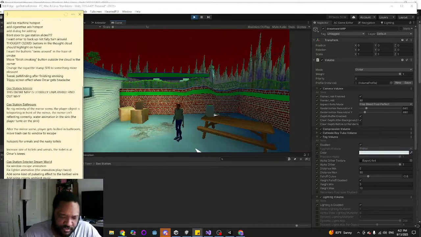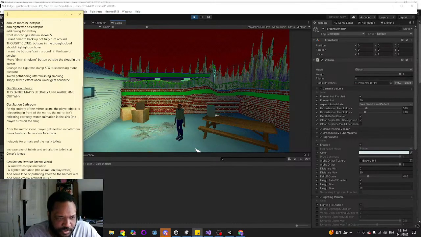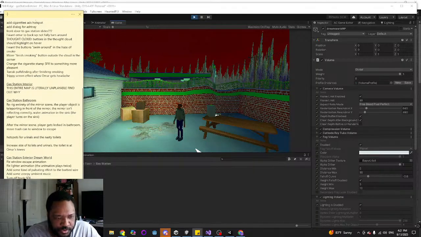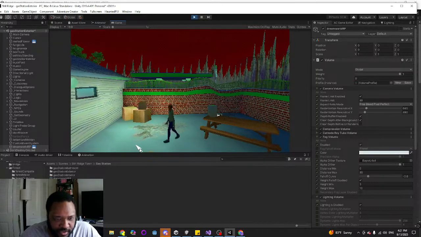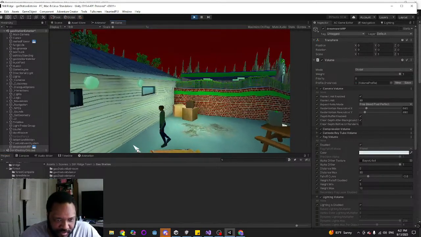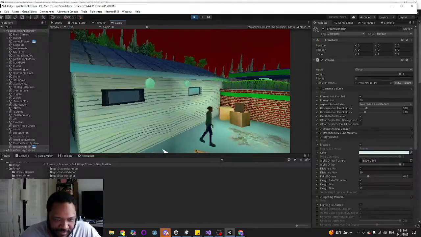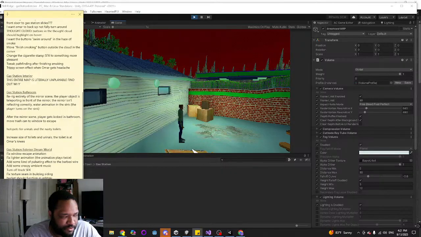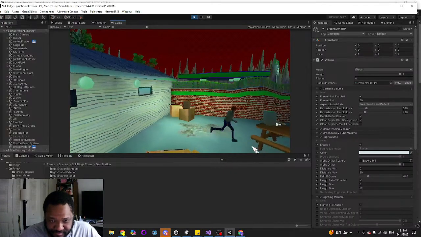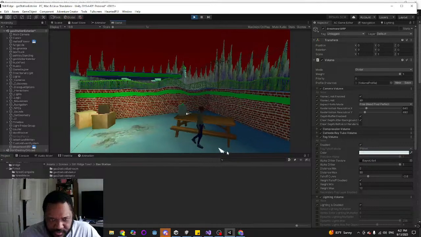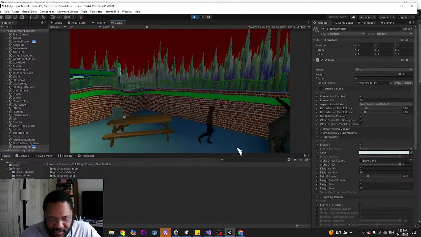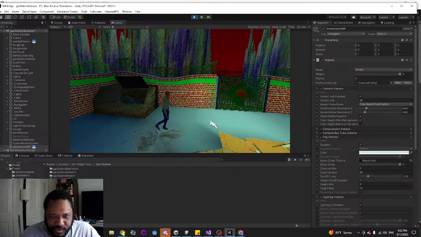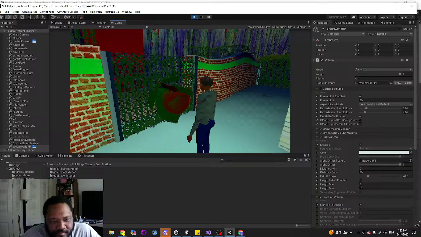I need to fix exterior triggers. They happen too close to the screen edge. I need to allow more room for the player to move before the screen transitions. Oh, nope, you should not be able to... player shouldn't walk through building. No, I don't want to get stuck here. Okay, yeah, I really need to fix the triggers.